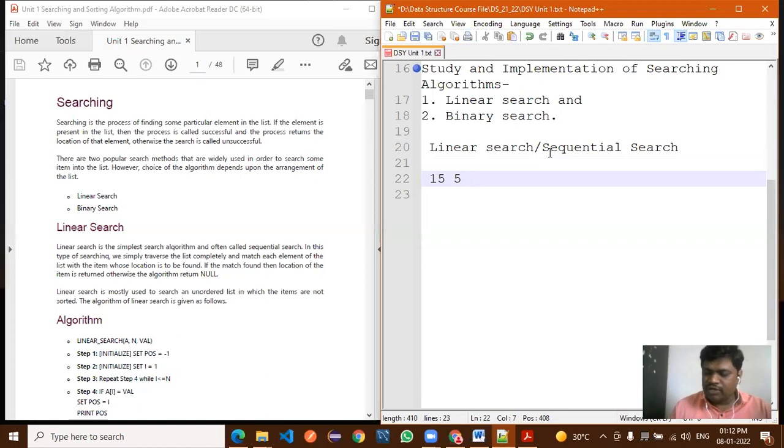Next, third number you can tell. I have written 35, 42, after that 67. Any numbers you can write. Now, how many numbers are there here? 1, 2, 3, 4, 5, 6, 7, and 8 numbers.